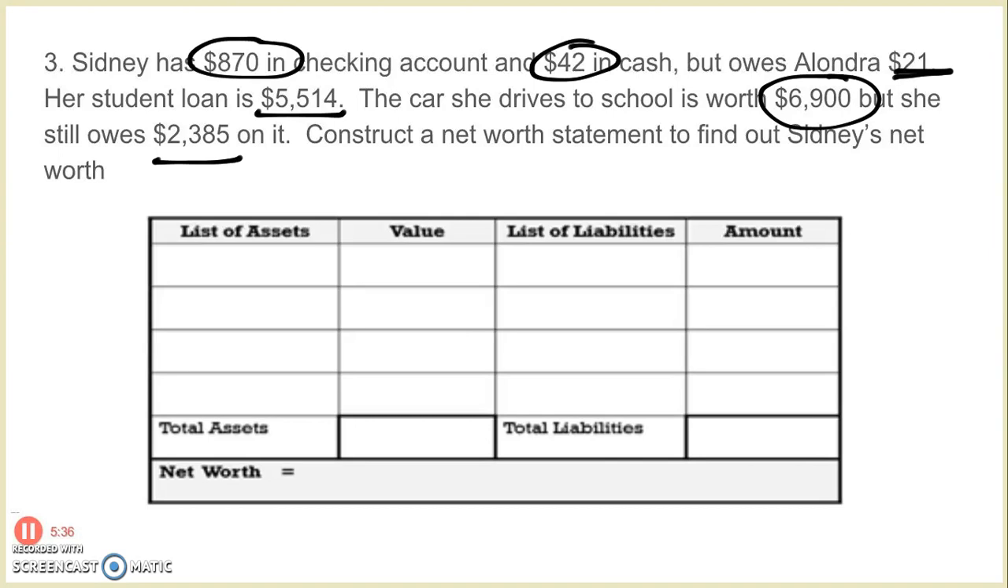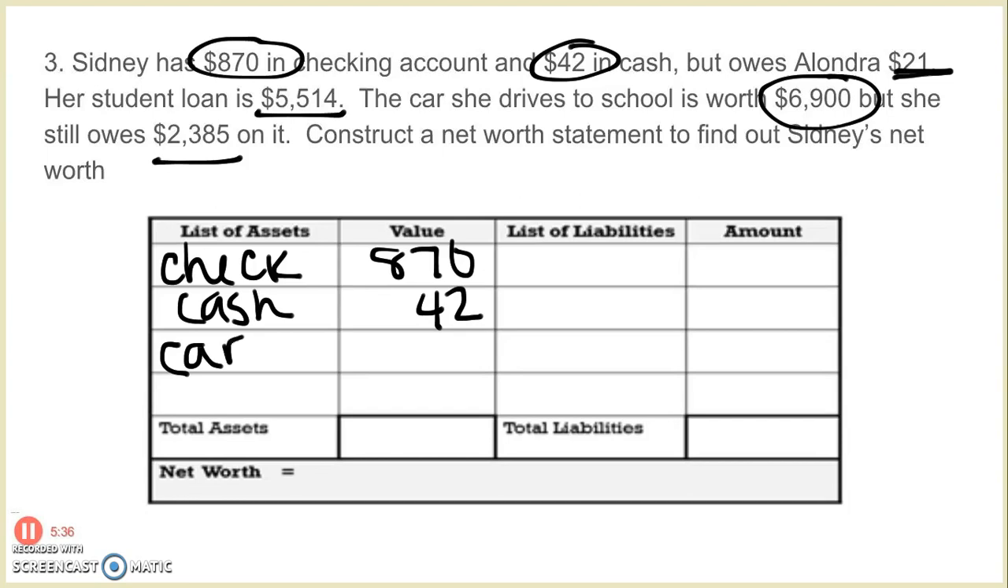All right, so let's list out our assets. In checking, we have $870. In cash, we have $42. And her car is worth $6,900 if she decides to sell it. Go ahead and add those up, and you should get